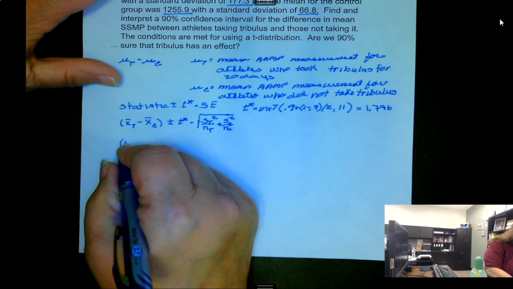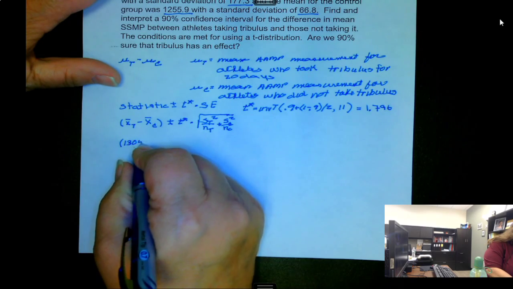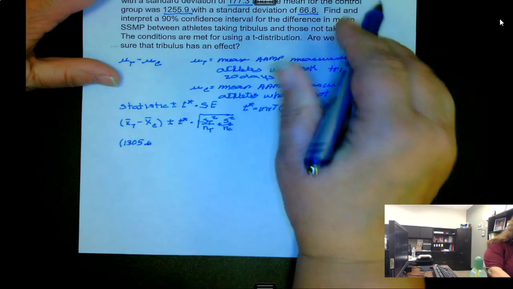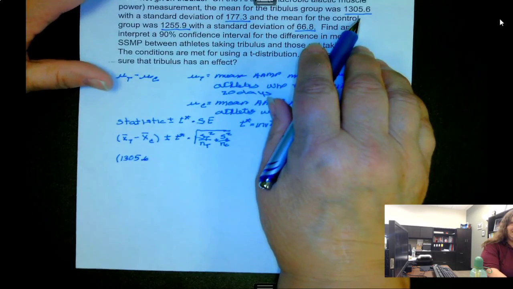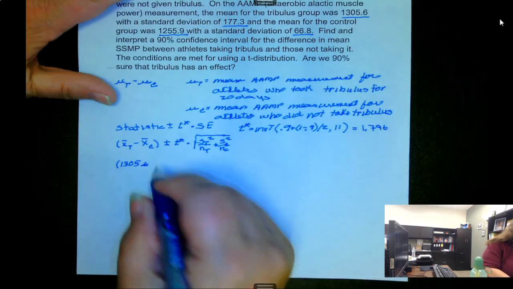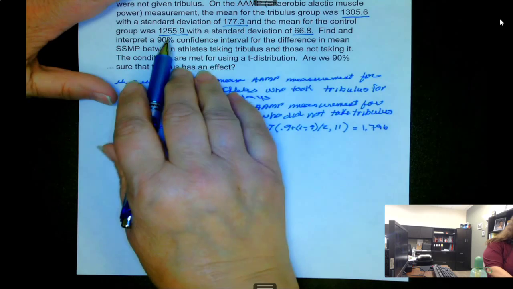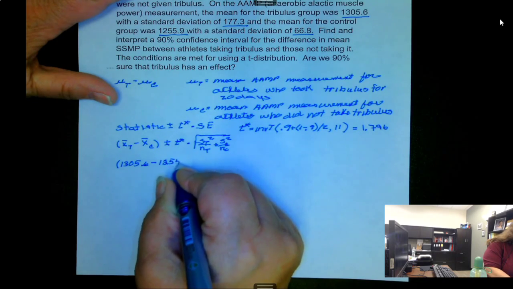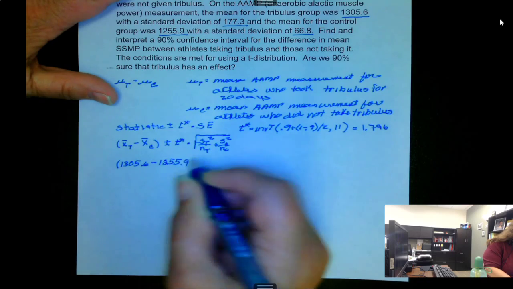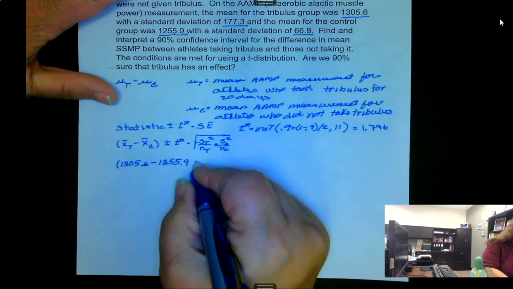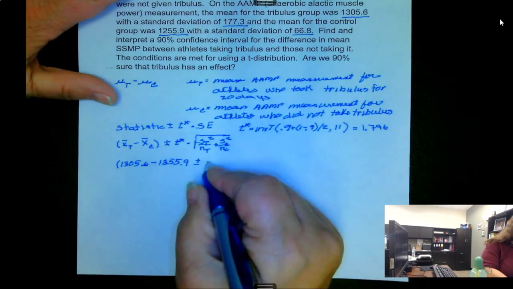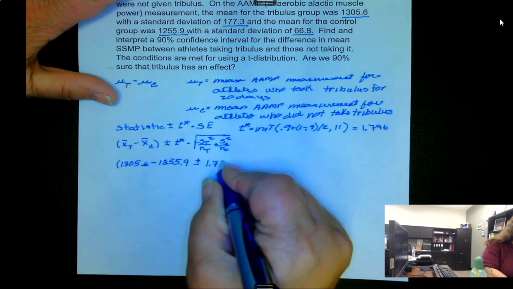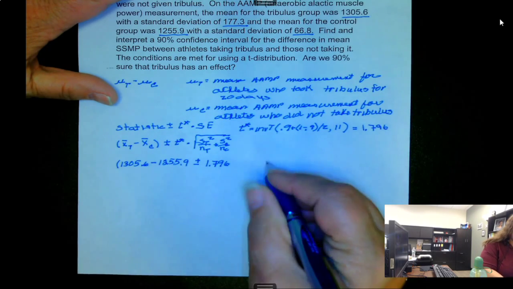So we have 1305.6, which is the mean for those who took Tribellis, minus 1255.9, the mean for the control group, plus or minus 1.796